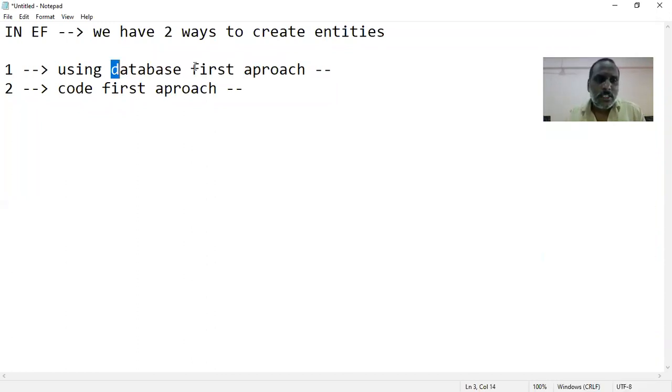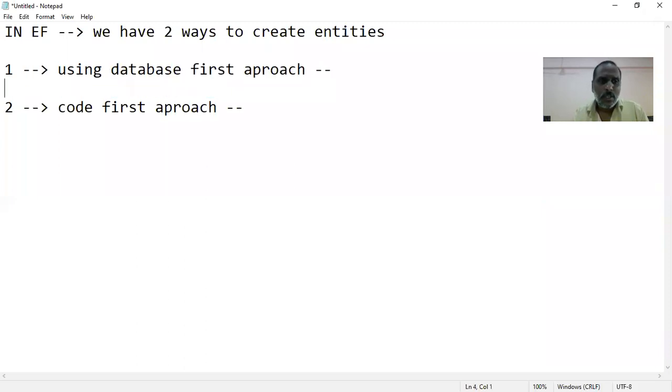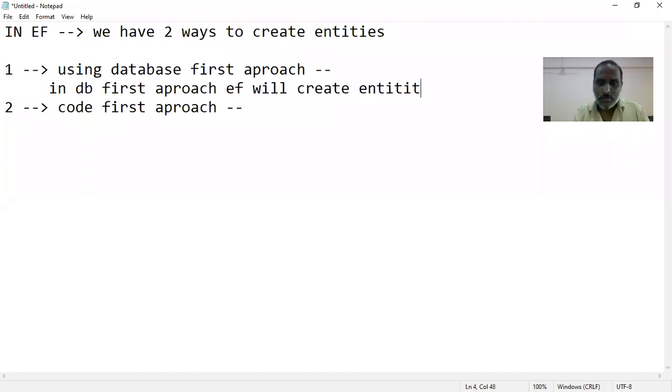Now, what is this database first approach? In the database first approach, entities are created using database tables.